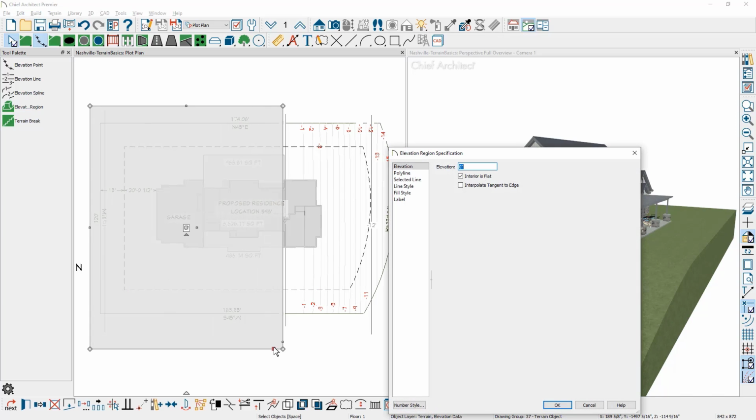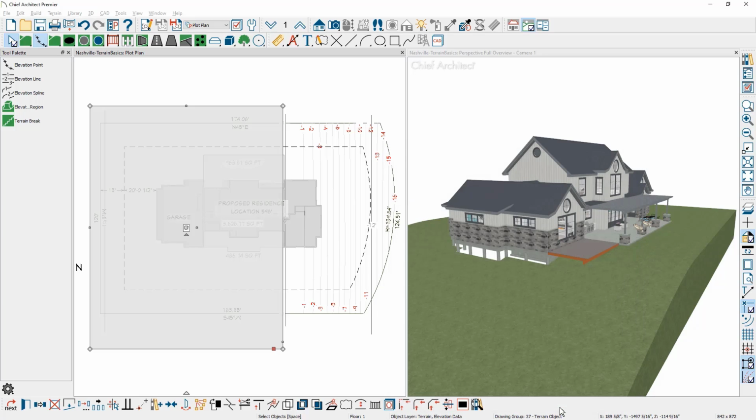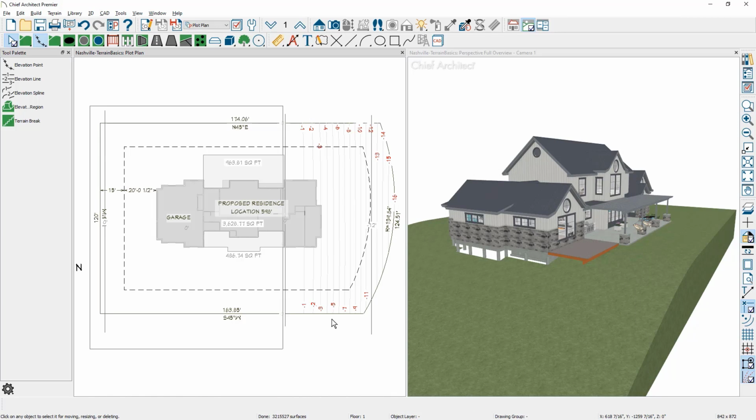You can double click on it and check the elevation of it. It should come in at either an average number or something that is near the elevation, which is an absolute 0 in the case for this particular project. It's good practice to avoid overlapping terrain information. The elevation region overlaps my elevation line. In this case, it's okay because they are at the exact same elevation. It would be best to remove that elevation line.